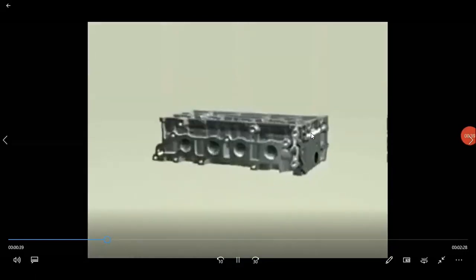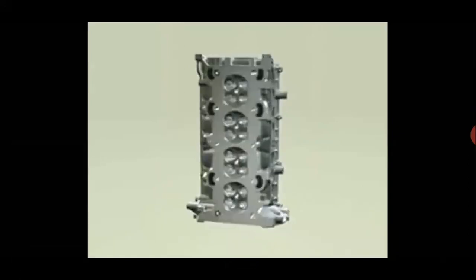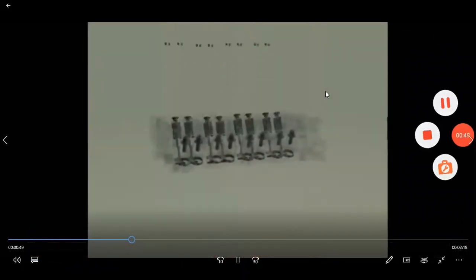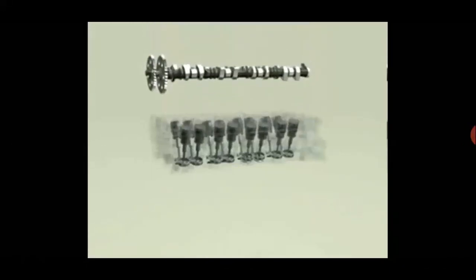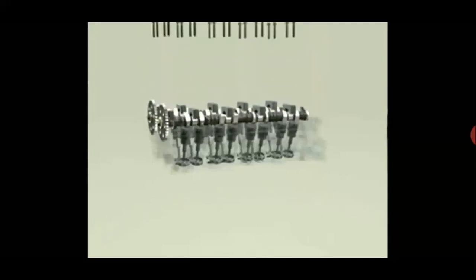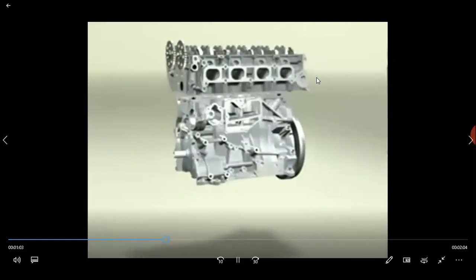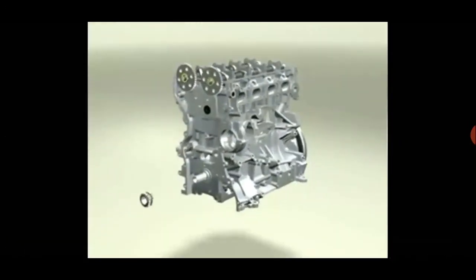This is the cylinder head. The cylinder head is used to create a closed structure inside the combustion chamber. The valves are fitted on this cylinder head. See the springs, which are connected via the rocker arm. These are the valves and springs. Here 2 camshafts are used. One is for inlet valves, and the other one is for exhaust valves. So it is fitted on this cylinder body with the help of screws.